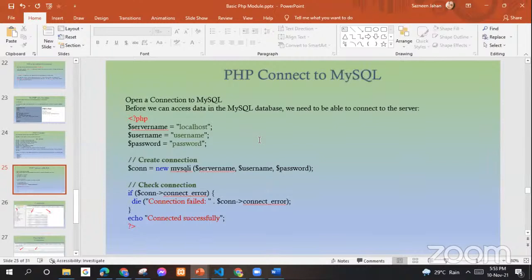So now here is PHP connect to MySQL. How will we connect PHP to the MySQL database? First you have to open a connection to MySQL. Before we can access data in a MySQL database, you need to be able to connect to the server. So first of all, you need to write down the PHP tag. After the PHP tag,